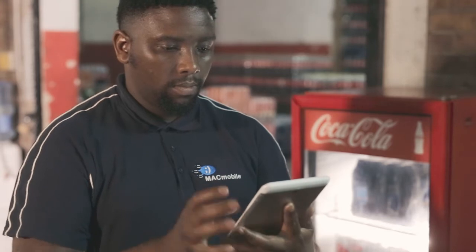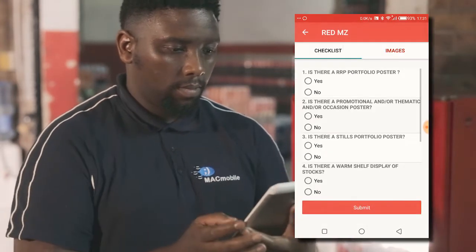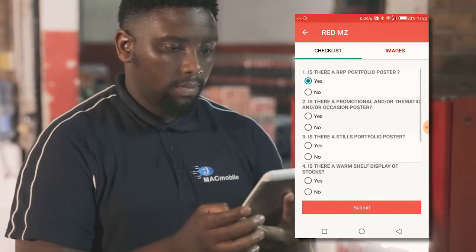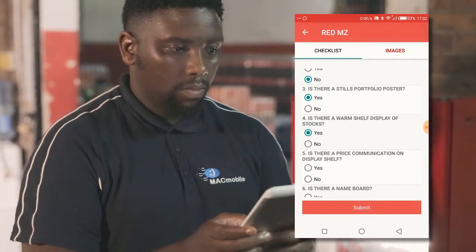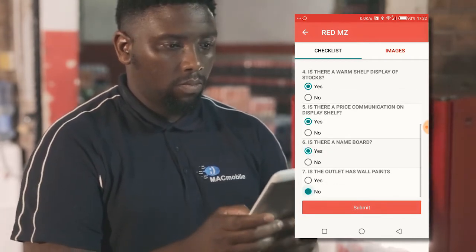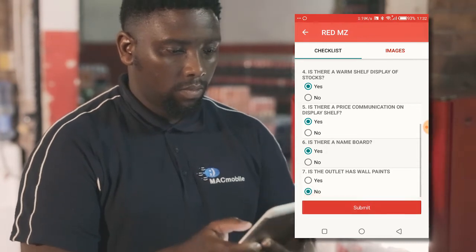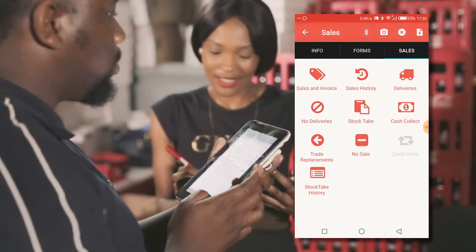Dumisani completes the verification and begins with the form that Romeo created in the morning. He uses the form to answer questions on retail sales price, forward market share, stock availability, competitor pricing, and so on. Dumisani submits the form and he is able to move onto the Sales tab to capture an order as